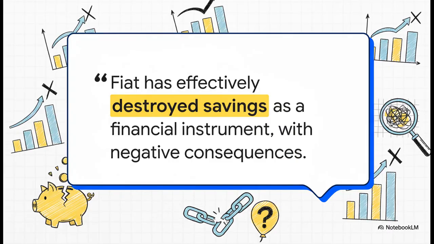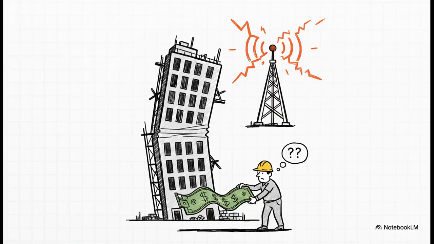But what happens when you start messing with that foundation? The book makes a really powerful critique of modern fiat money. That's the government money that isn't backed by anything physical. When that money is constantly losing its value to inflation, it punishes savers. It discourages the exact behavior that builds civilization in the first place. And it gets worse. It completely corrupts the price system.